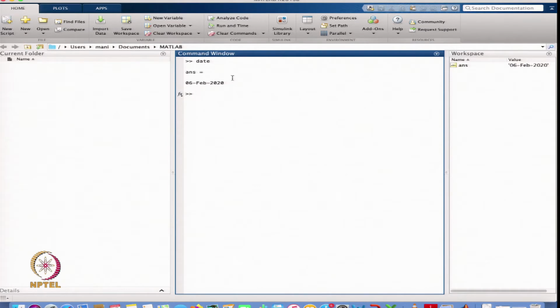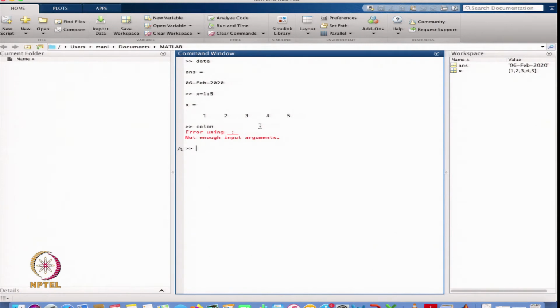Suppose I write the command x is equal to 1 colon 5. This is the colon sign. Whenever I write x is equal to 1 colon 5, it gives you equidistributed points from 1 to 5.